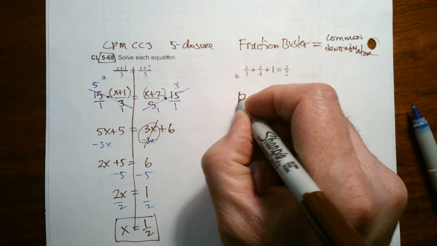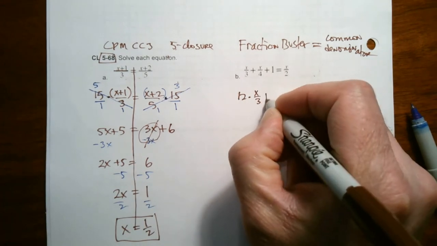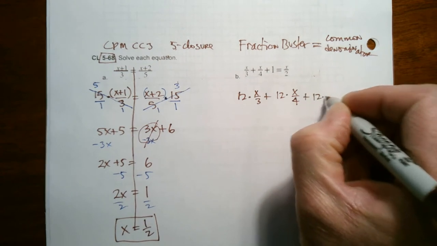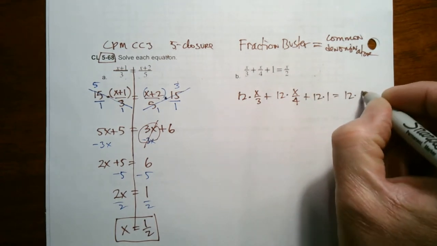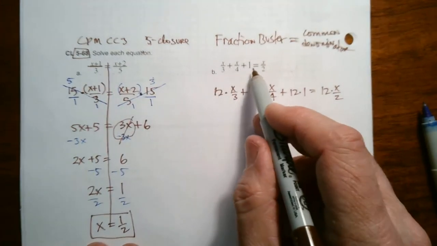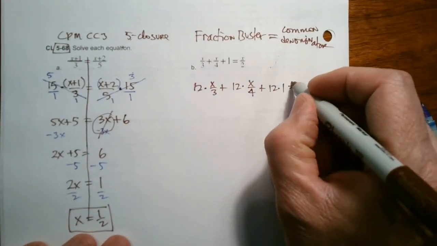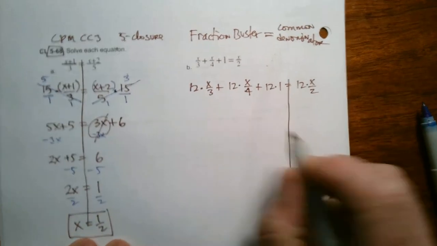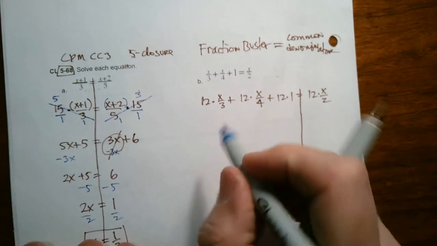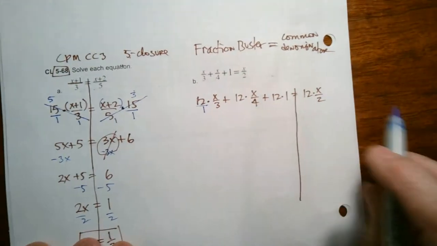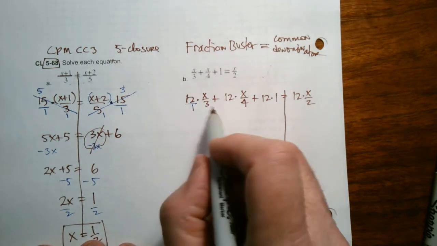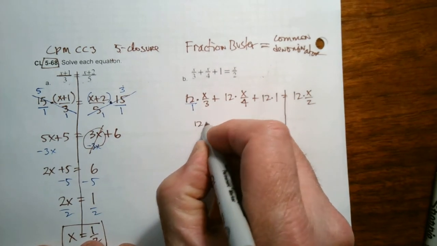That means I'm going to multiply 12 times x over 3, plus 12 times x over 4, plus 12 times 1, equals 12 times x over 2. I multiply each of the terms on both sides of the equation by whatever that fraction buster is. When you do, you can look at it as cross cancel. I'm going to show you something else too. You can look at it as cross cancel, or if you were thinking about multiplying straight across, this becomes